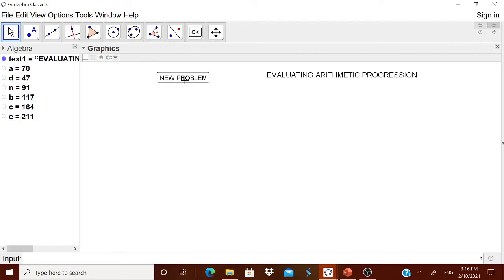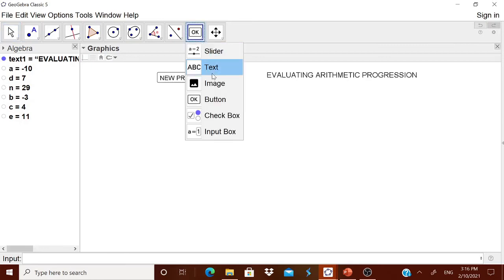D is 40, D is 47, D is 29, D is minus 50, D is minus 43, 29, 7. If it is minus 10 plus 7, it is minus 3, again plus 7 is 4, again plus 7 is 11. It works perfectly, but we are not worried about it. Now we have to just tell the problem to the children.